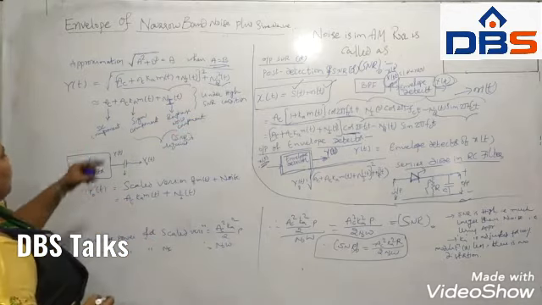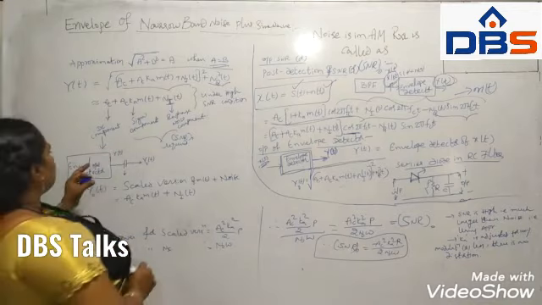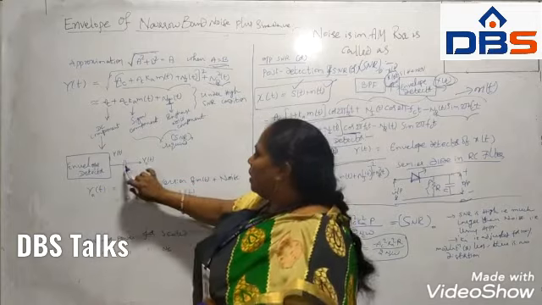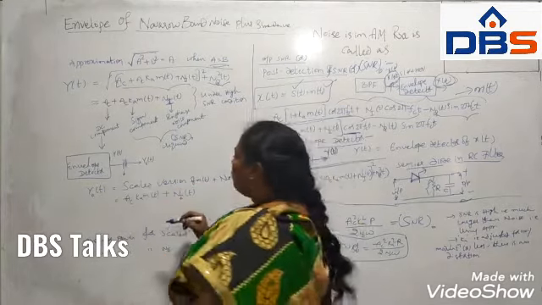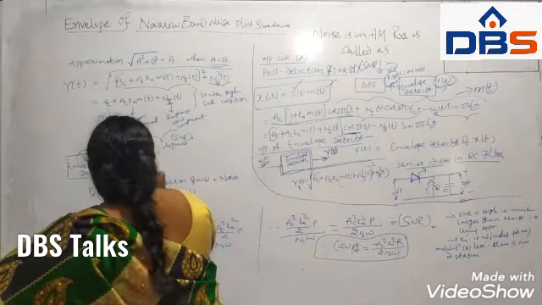So for the DC component, we can take the envelope detector. So this is the DC component. In the envelope detector, here we can take this capacitor. What is the purpose of this capacitor? It is a DC blocking capacitor.